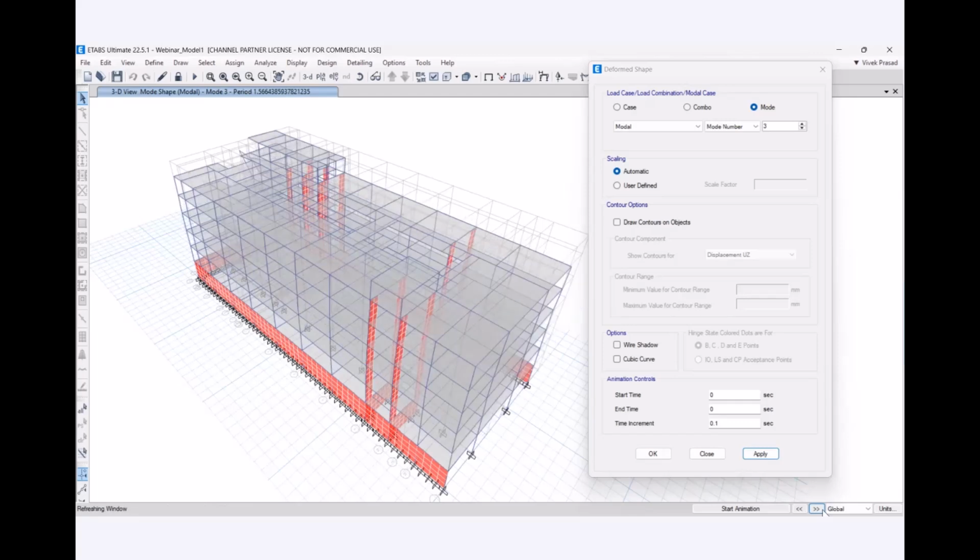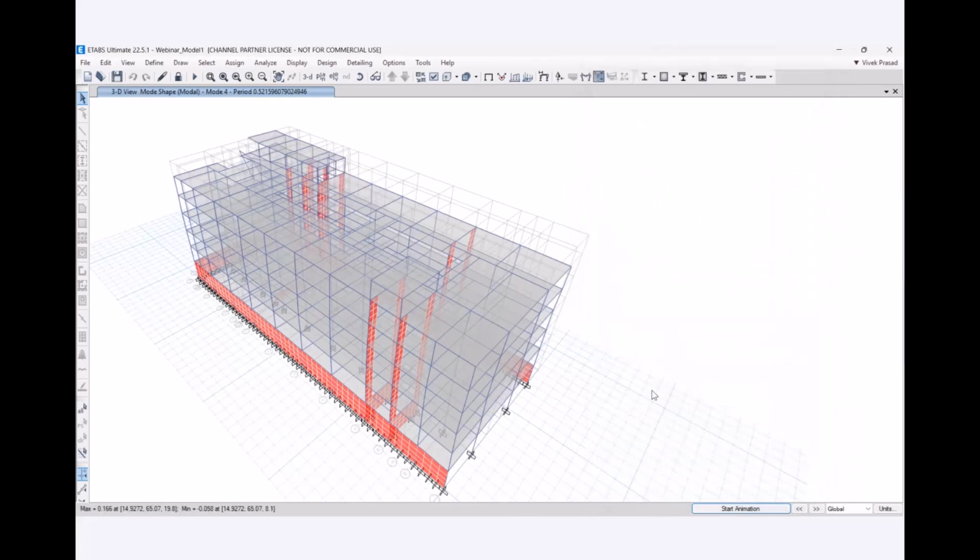And then if you go to the fourth mode, you see this. So this is called the local mode in the structure dominating here. Most likely the stiffness available there for the cantilever is not sufficient. So these are all the iterations that we'll do to bring in